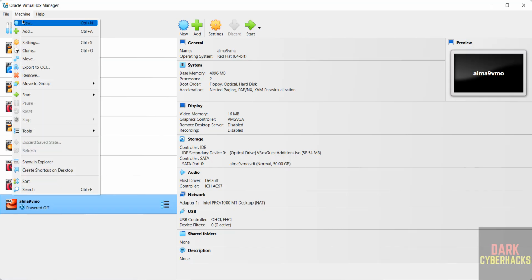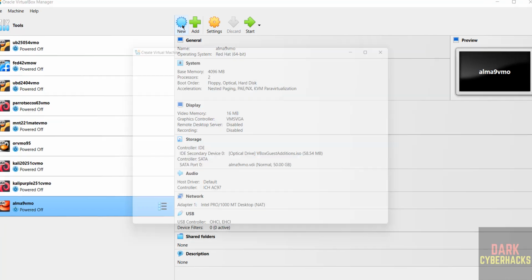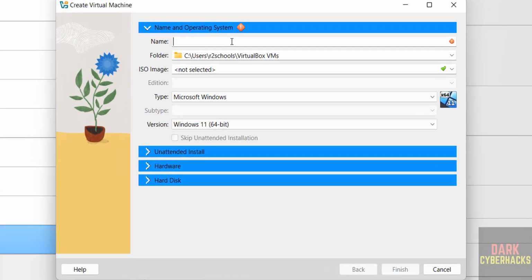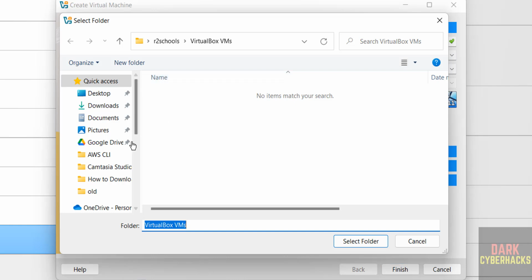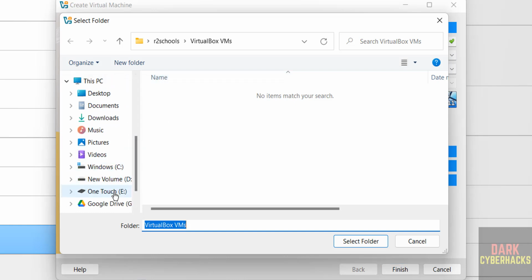Now go to machine and select new, or click on new, either is the same. Then provide the name for the virtual machine. Then select the folder to store this virtual machine's files and folders. This is the default location. If you want some other location, go to folders. Then select the path and